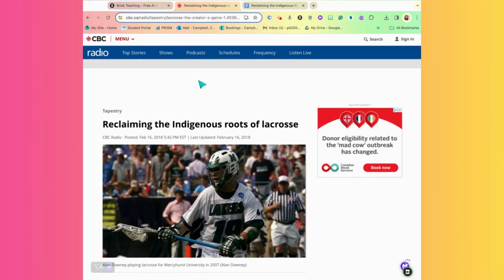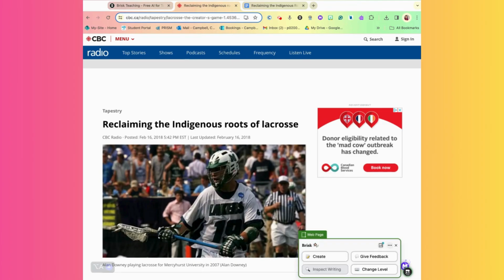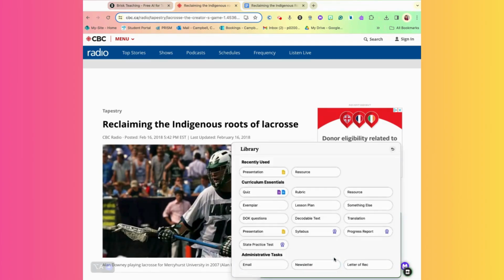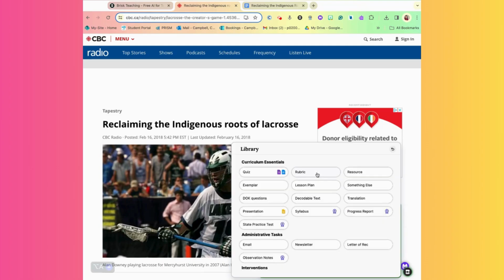So let's say I'm on a web page. This happens to be a CBC article that I've used for NBE. So what can I do with this? I can click on my Brisk Chrome extension here and I can create resources. So let's say I would like to change the level of this reading for a student in my class who is perhaps reading at a grade 5 reading level. So I could click on resource